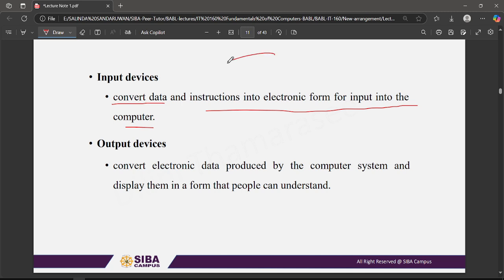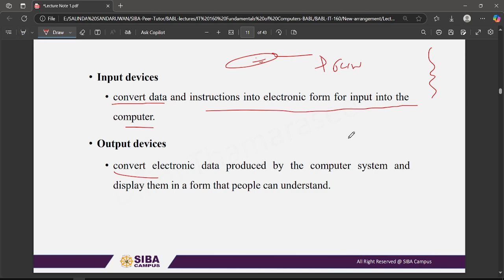So imagine the mouse, right? So here I am using the mouse to draw, right? So the mouse will give the instructions to the computer to where exactly to draw this path, right? And what about the output devices? So this screen itself is an output device, the monitor, and